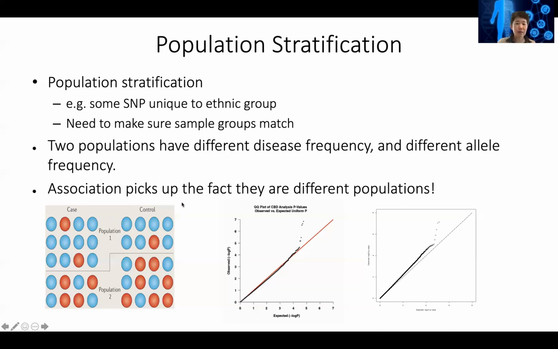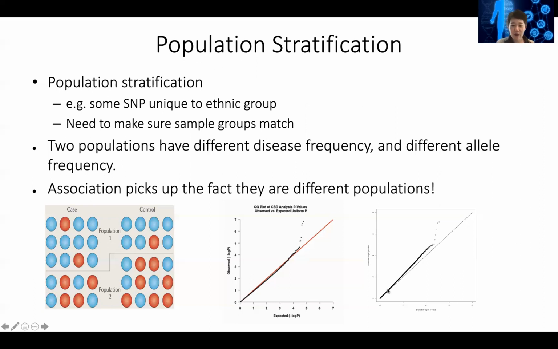And so what happens is that when you do the p-value calculation of different SNPs, remember we are doing this for millions of chi-square tests, we can look at the p-value of those chi-square tests and then do a QQ plot to compare the expected p-value and the observed p-value. If you don't have population stratification, you would say that most of these SNPs are not significant. Then suddenly we have some SNPs that are significant,